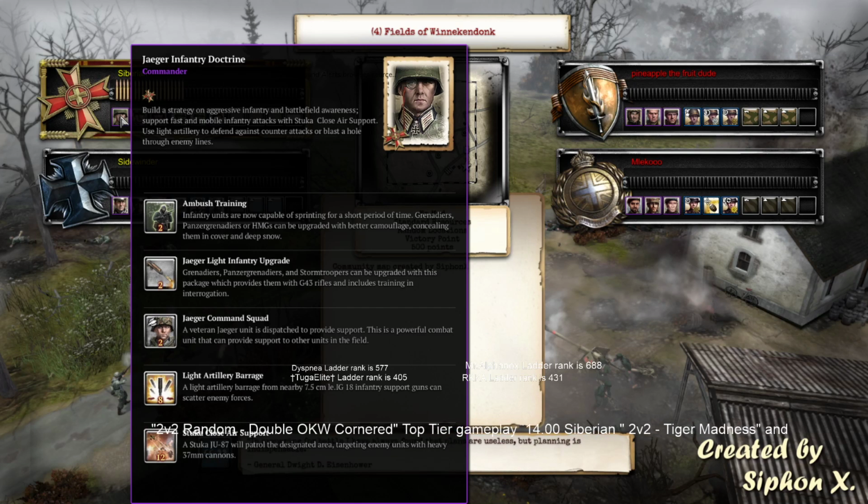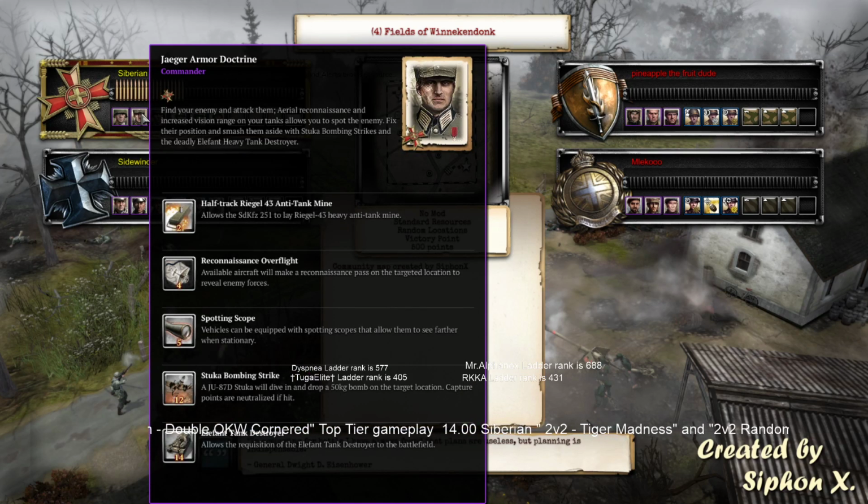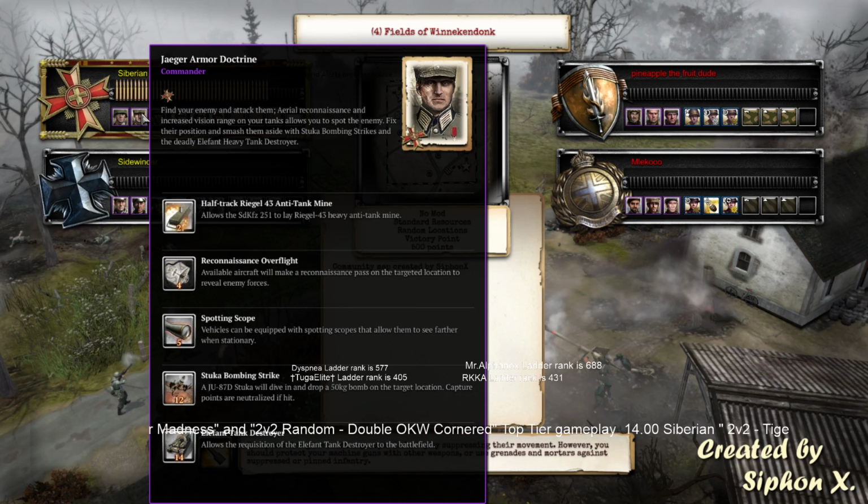You also got the beautiful Scooter Close Air Support. It's really a great commander pick. Jagger Armor Doctrine, one of the best commanders out there. We got Scopes, Recon Overflight, Scooter Bombing Strike, and Offtrack Regal 43 Anti Tank Mine. Those mines are very powerful. You can do a lot of damage to a tank, even to cripple the engine so badly that he barely moves. And that beautiful Elephant Tank Destroyer,